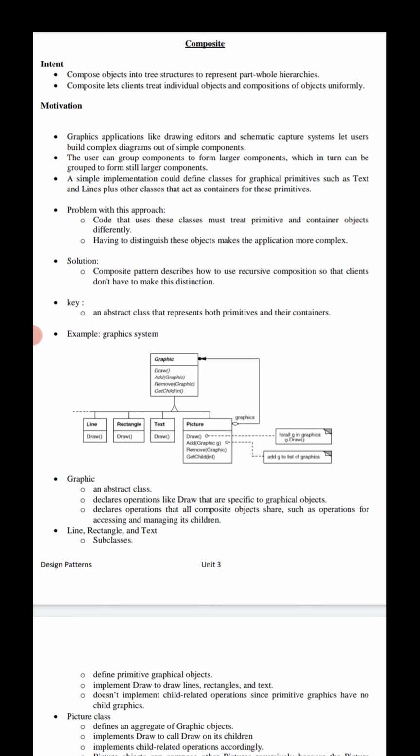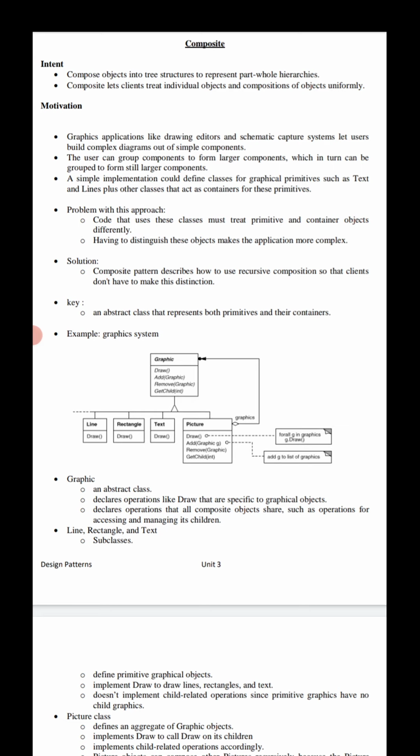Here in this composite design pattern, we have a problem: the complexity increases in implementation, as it follows a part-whole hierarchy, in which objects at one level are composed of interrelated objects at the next level down.